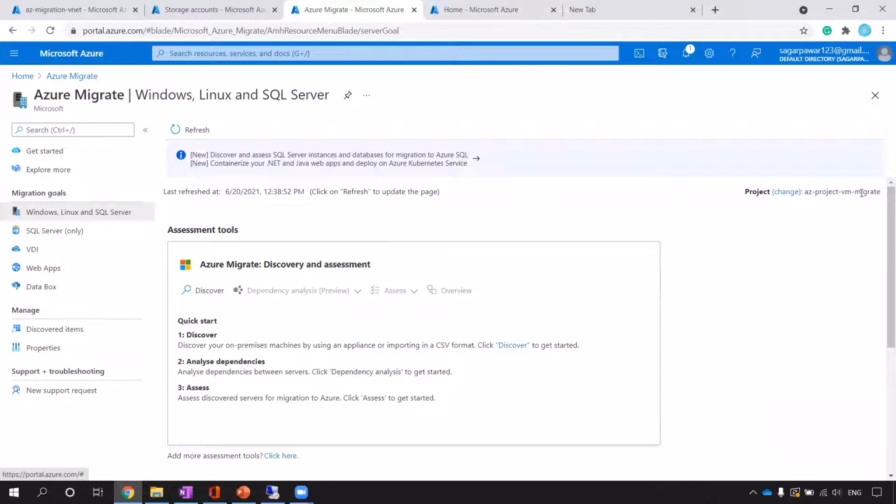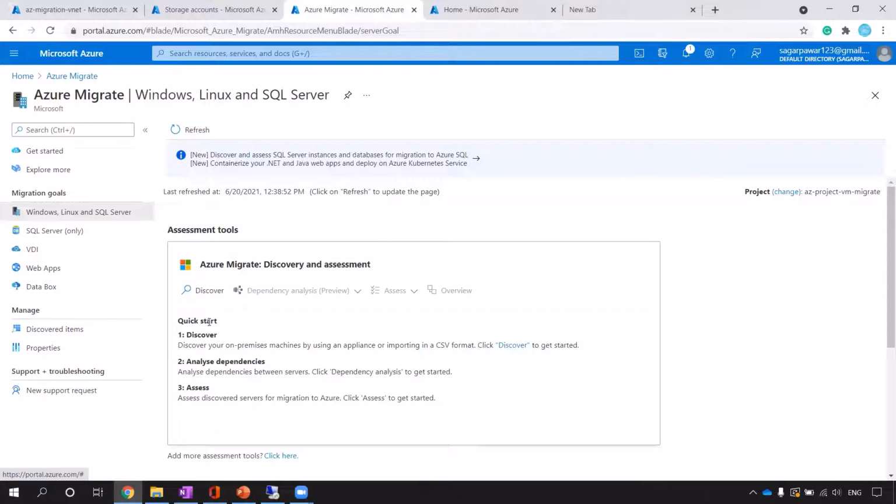I have created one project specifically for this activity. This is again a very basic step where I have to create a project and put it under one resource group. Also, you will get an option to select your region, not zone, region. So I have selected my geographic region here as well.